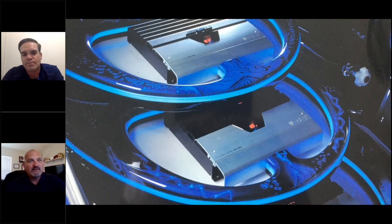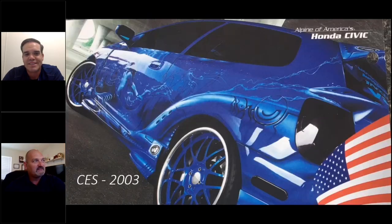So after this car came a car that really kind of pushed the envelope of what people were going to do. As soon as I put this one up, I know people are going to remember it. So let's talk about this one. Yeah, this was definitely the turning point in our demo car building careers. When this car came out,